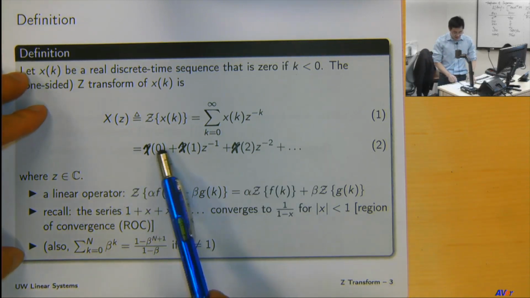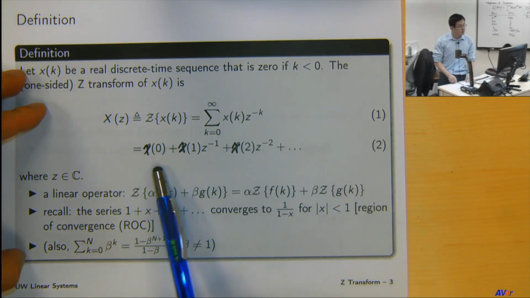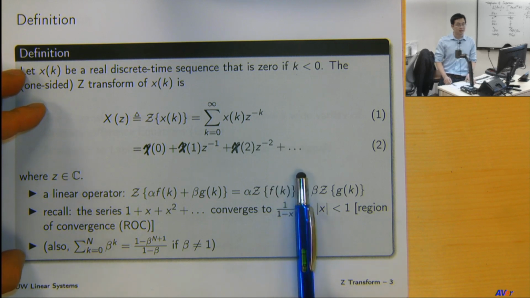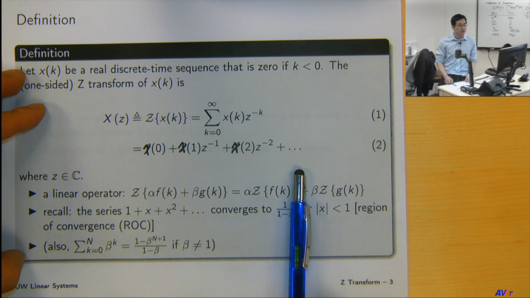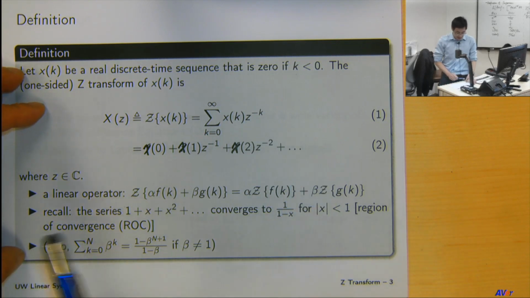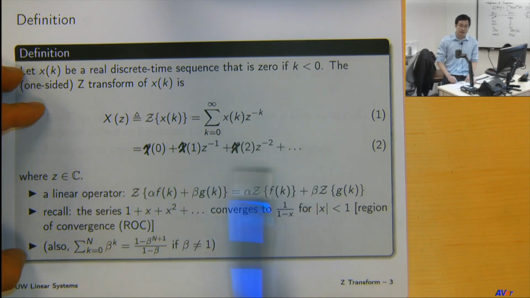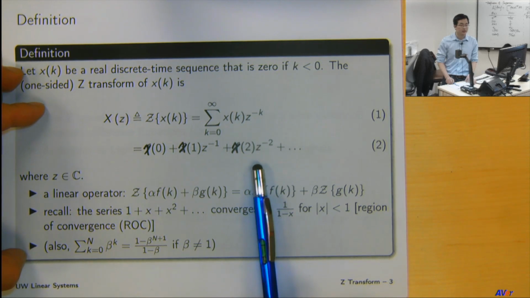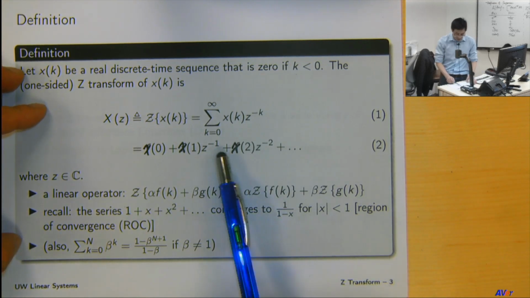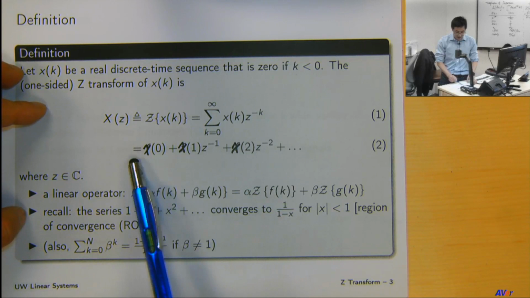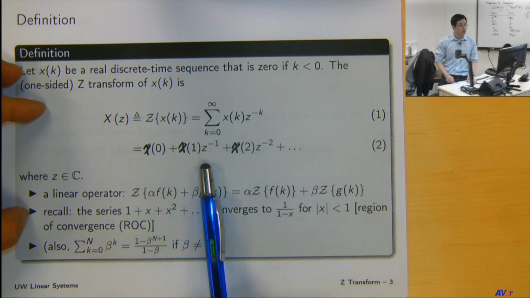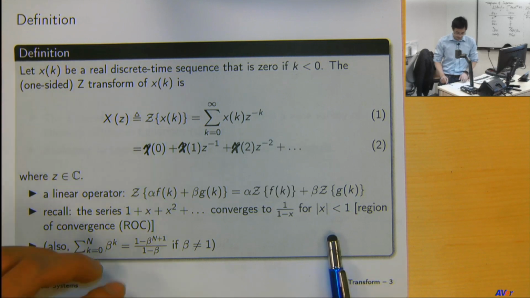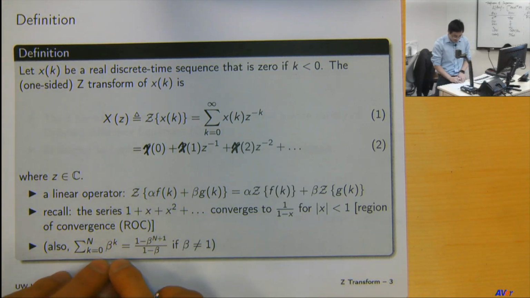Similar to integration, when we talk about something that happens at infinity, when we are summing up, adding up things to infinity, it's important to consider whether this sum actually converges to anything. So there's this notion that it actually will converge under some region of convergence. Take a look. We know from